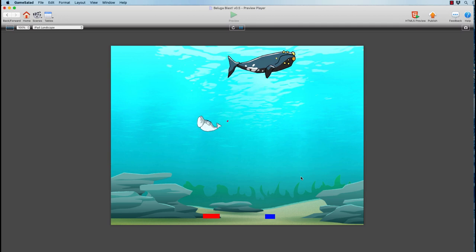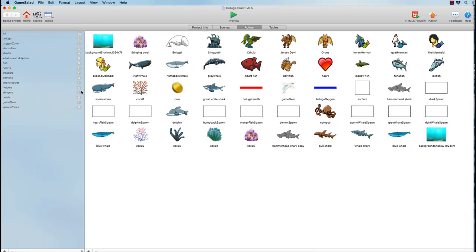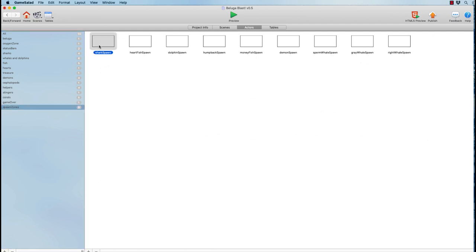So now we have to add in spawn zones for a lot of different objects. To make this get really interesting, I created some in advance because it's basically what I showed you before. We can just take the shark spawn, use that as a prototype, and copy it into a bunch of different things that cause a dolphin to come in, another humpback, a sperm whale, a gray whale, and a right whale. And to make the game even more interesting, since you keep getting damage from sharks whenever they bite you, we can also add in a couple of fish.